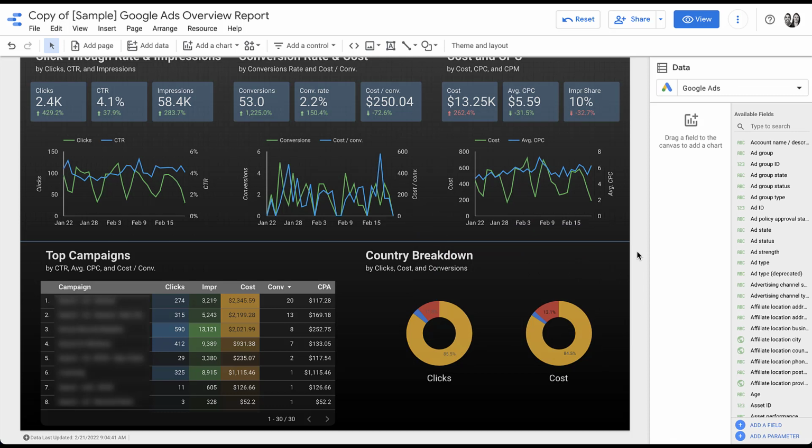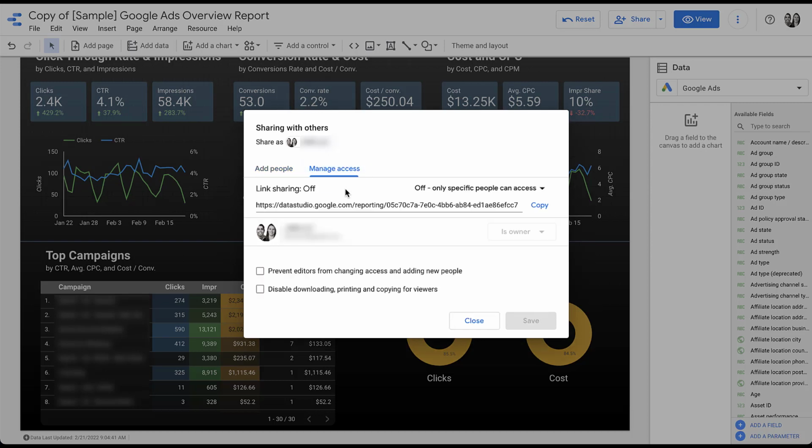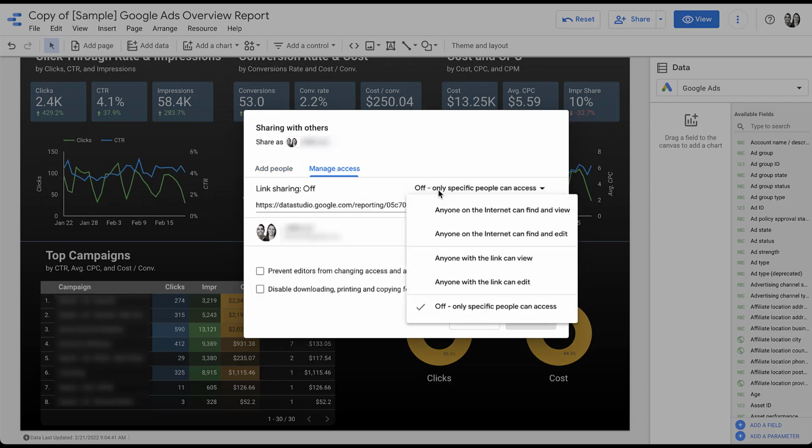So now if we have the report finished and we have it exactly how we want to share it with the client, all we need to do is come up and treat it just like a normal Google document on Google Drive and come up to the share section, click the plus button, and now you can either add individual people to the report itself by adding their names here, or you can click Manage Access and you can change the link sharing so that if you have it on here, anyone with the link can view it,